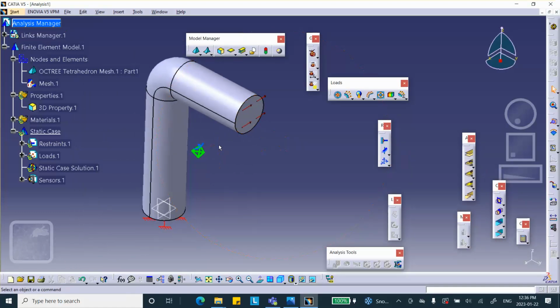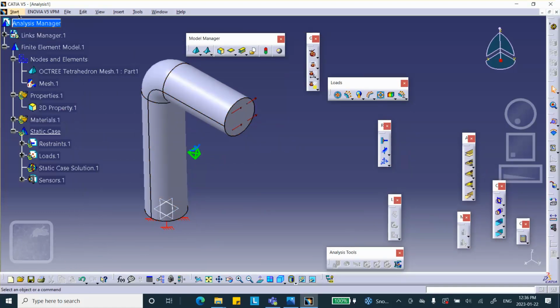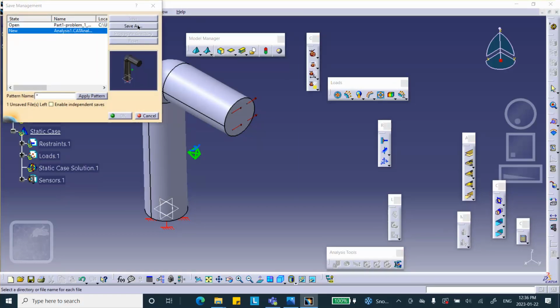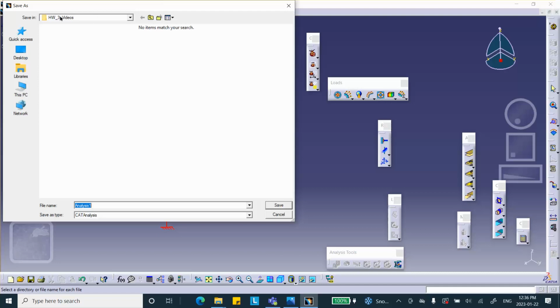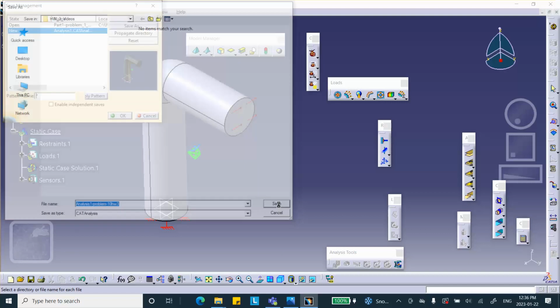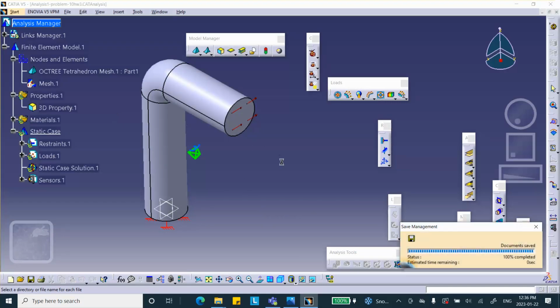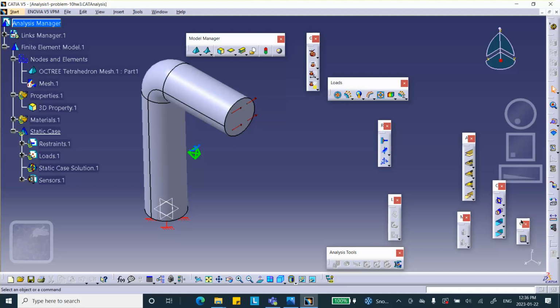That's pretty much it. So let me save this thing. File, save management, analysis not save, save as. Yeah, this is homework 3. Okay, so I'm going to call this thing problem 1. Homework 3. It is so important to name these things so that you don't lose them, you don't overwrite them, etc. Now go get the compute icon, which looks like a calculator. Click on it,